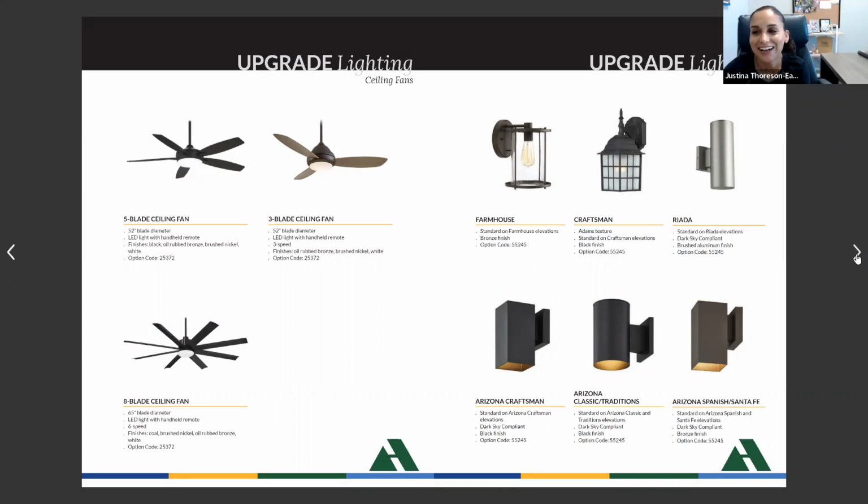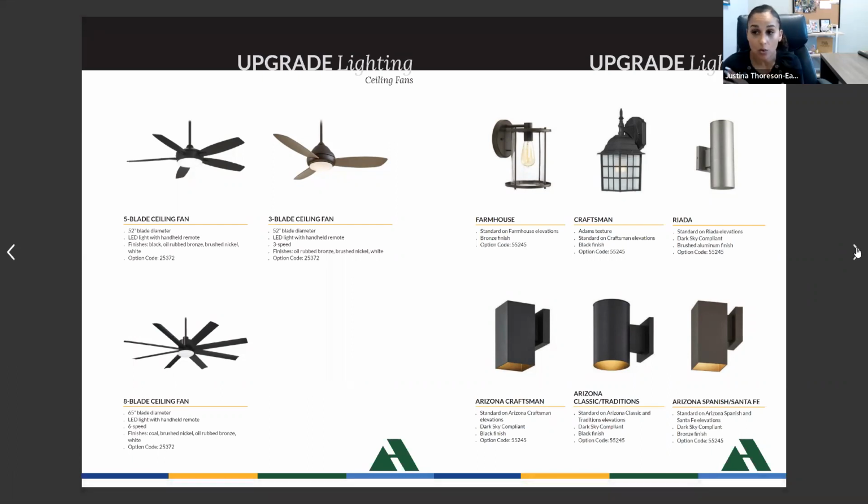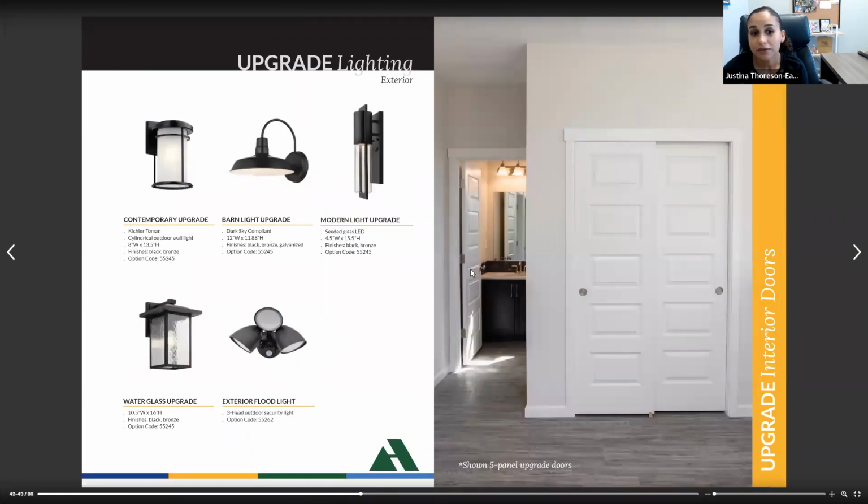And people like those lights, so I'm glad that all of those are available. They're really pretty. They look really good. And they're dark sky compliant. So for your people out at the gorge, yes, you have to have dark sky compliant lights. It gives them some other options other than this aluminum one. So that is really nice. And then we've got some other lighting upgrades